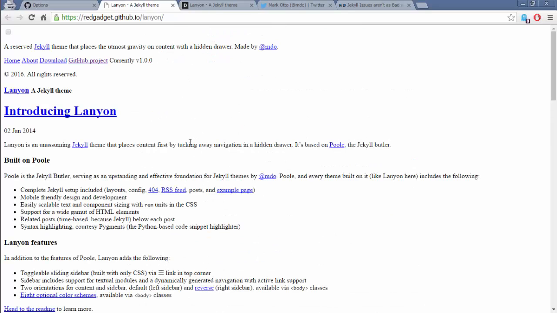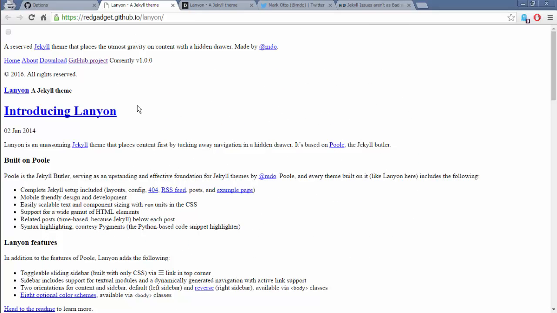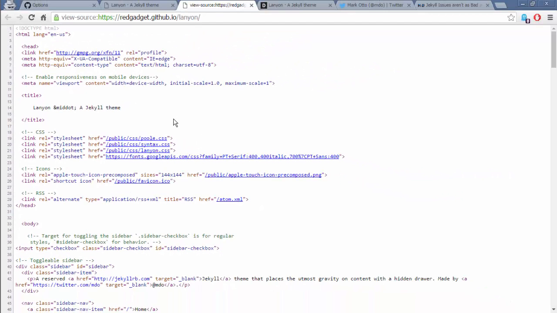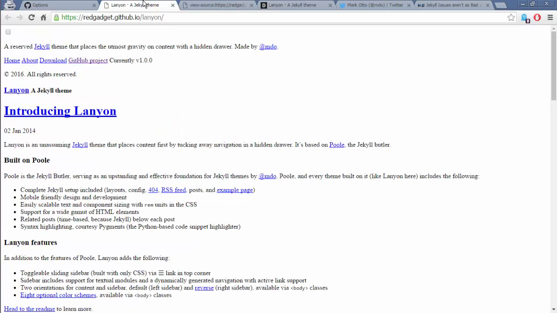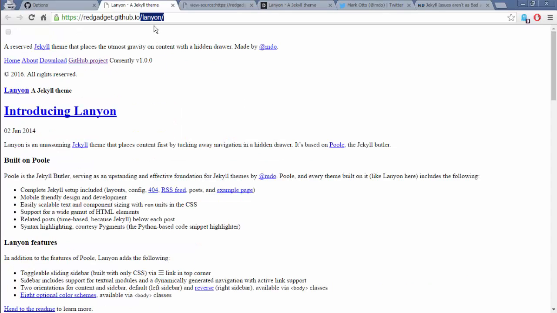So what is missing here? It has all the content though. What is actually missing is the style. So it is loading the style files, that is .css files, from /public/css/pool, but it should have loaded it from /lanyon/public/css/. Every asset should load from /lanyon, because that is our repository, so it should load it from